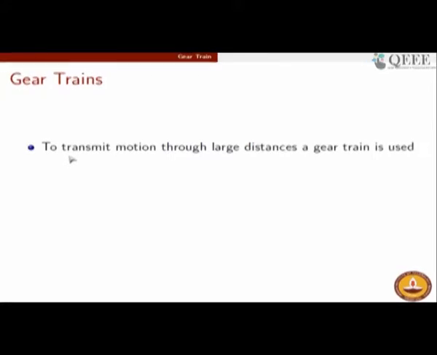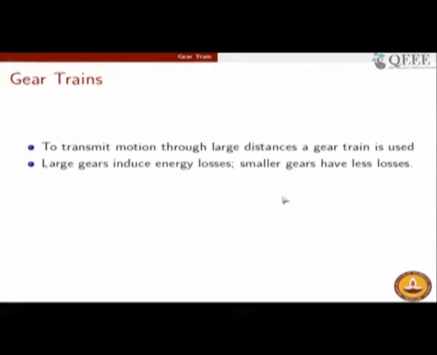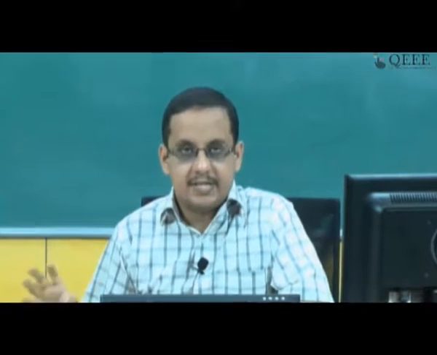So we will understand that gear trains are required to transmit motion through larger distances, and the reason why a gear train is used as opposed to a single large gear, if the distance is smaller, is this. You may think that a large gear ratio can be attained by using a large gear with a small gear. That will not be a good idea, because a larger gear will mean larger load, because the gear is a massy object, and